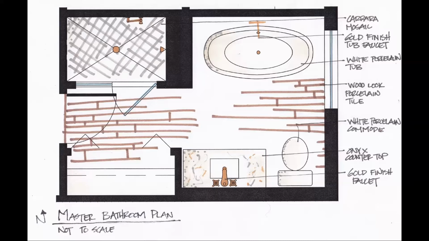I also have, of course, tried to select markers that have a color that represents the materials I'm thinking about. I'm also starting to think a little bit about scale. You can see here that the scale of these tiles, based on the size of the door, might be around 4 by 4. If we think this door is maybe 30 or so inches wide, you can see here, even though my lines are not perfectly straight, and if I were to do this again, I might try a little bit harder to get them perfectly straight, but I didn't want to use a ruler.